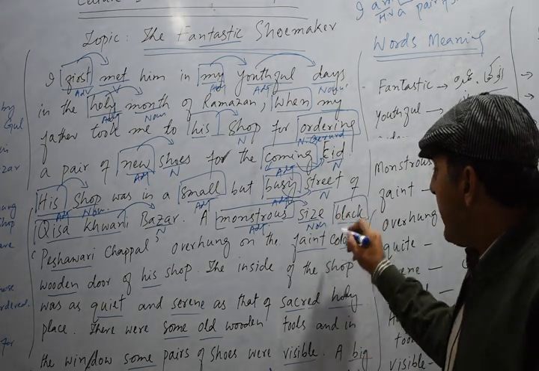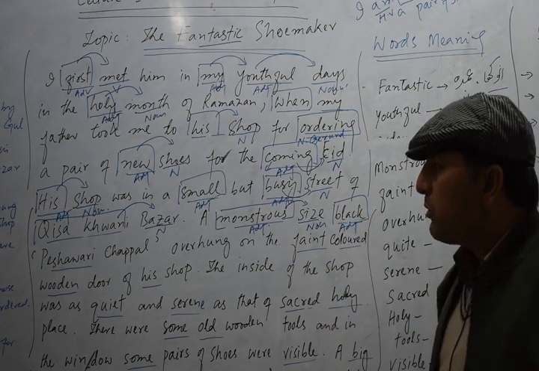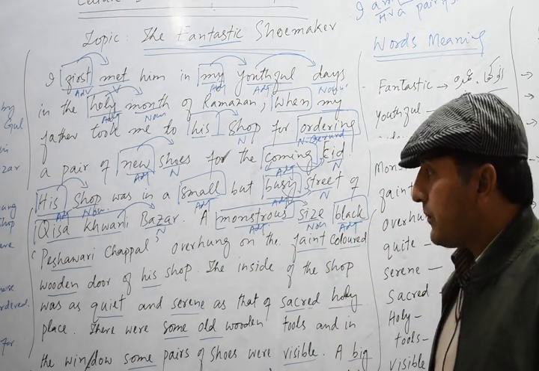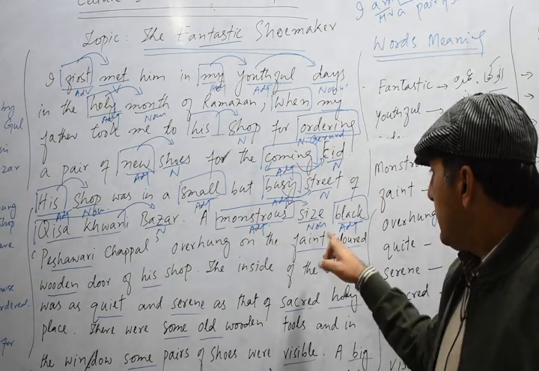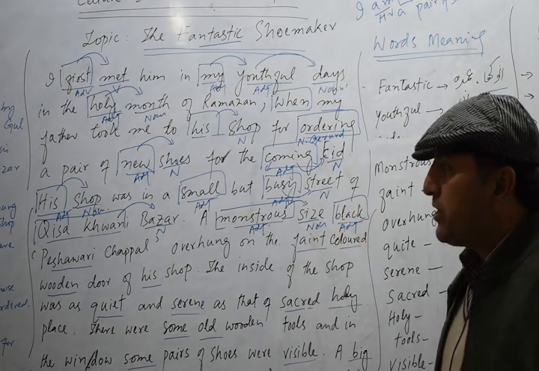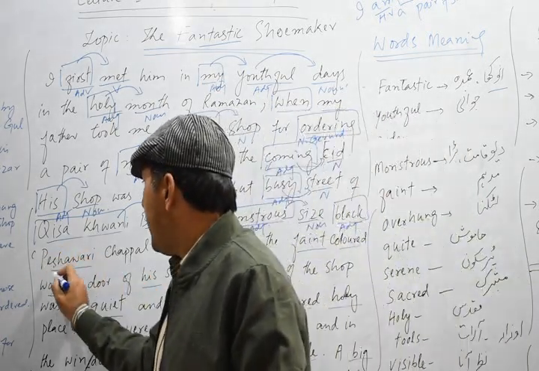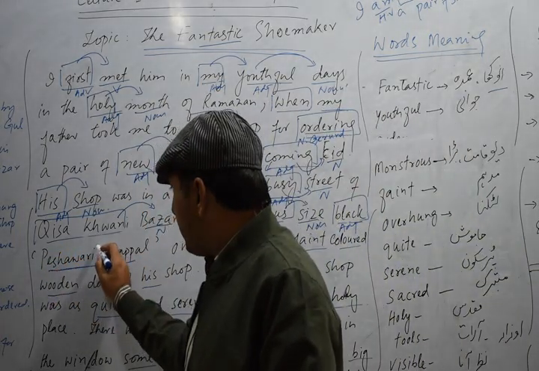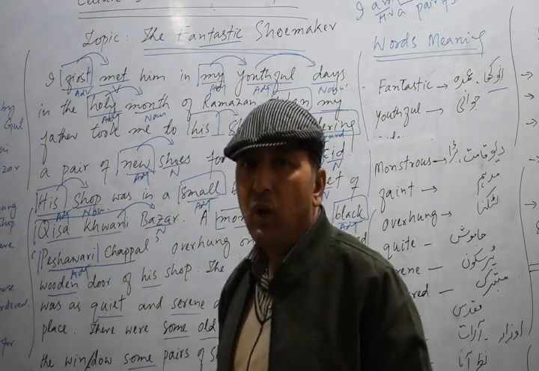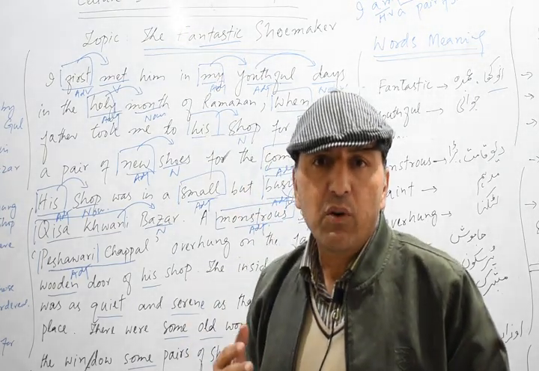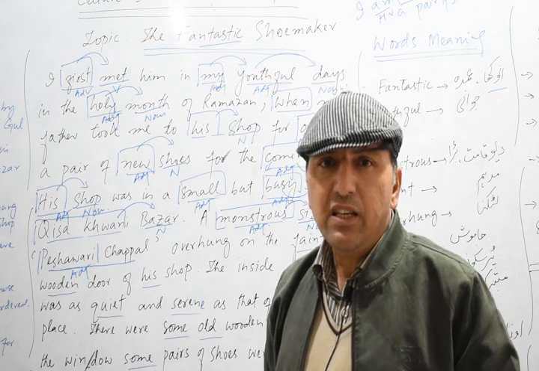Then black tells us about Peshawari chappal. So black is also an adjective because it tells us about the words Peshawari chappal. Understand? Peshawari chappal is a phrase, a noun phrase. So this word black tells us about Peshawari chappal. Black is an adjective, and Peshawari chappal combined we call a noun phrase. But in this, Peshawari is working as an adjective. As I told you earlier, for example, French perfume, Peshawari chappal. Understand?